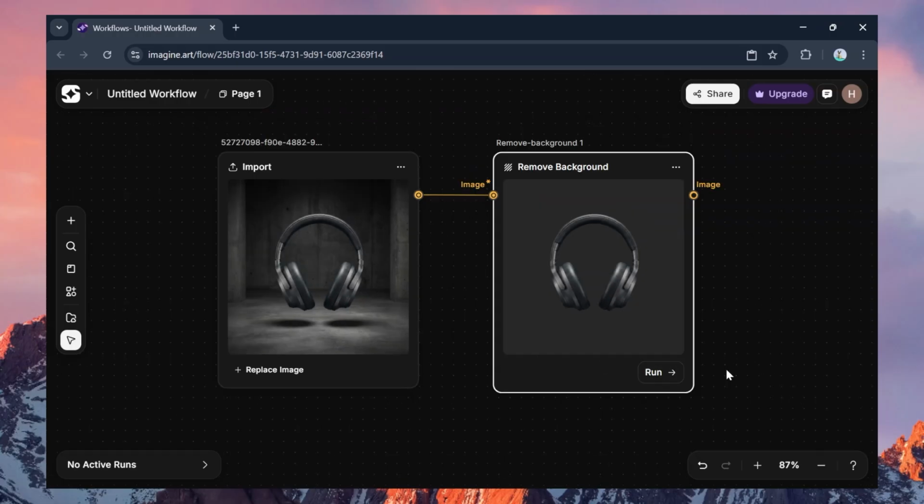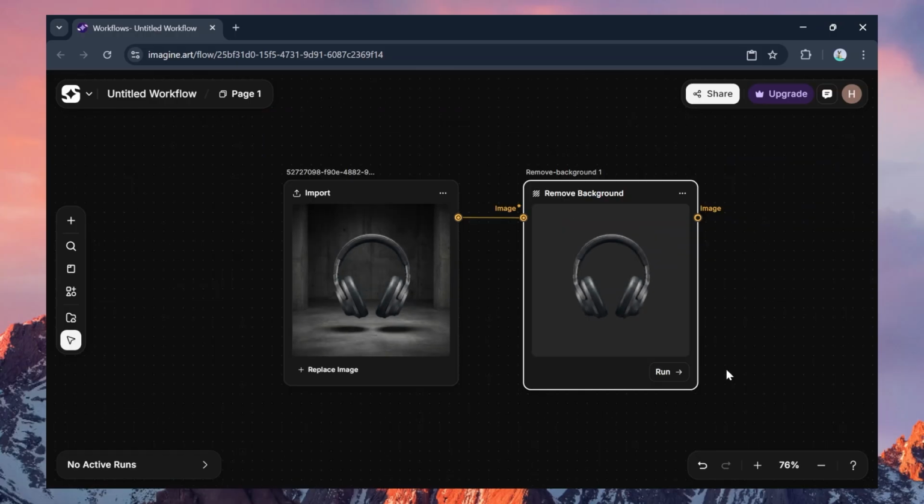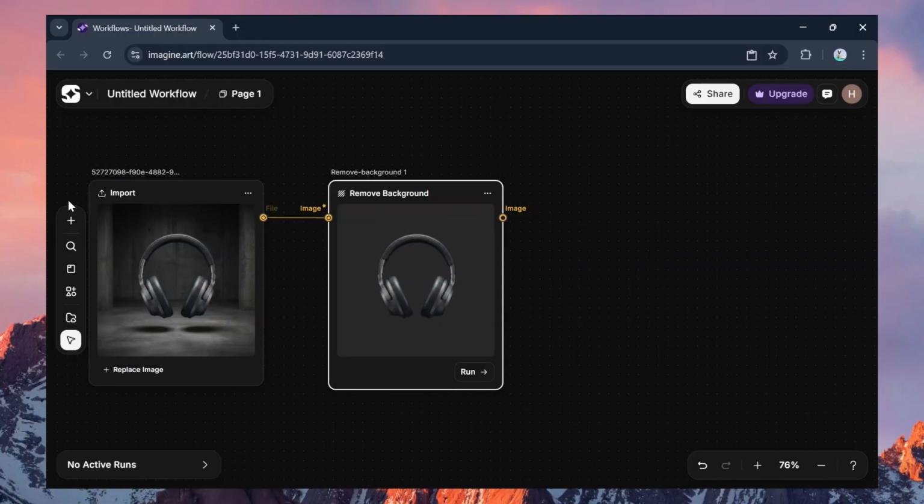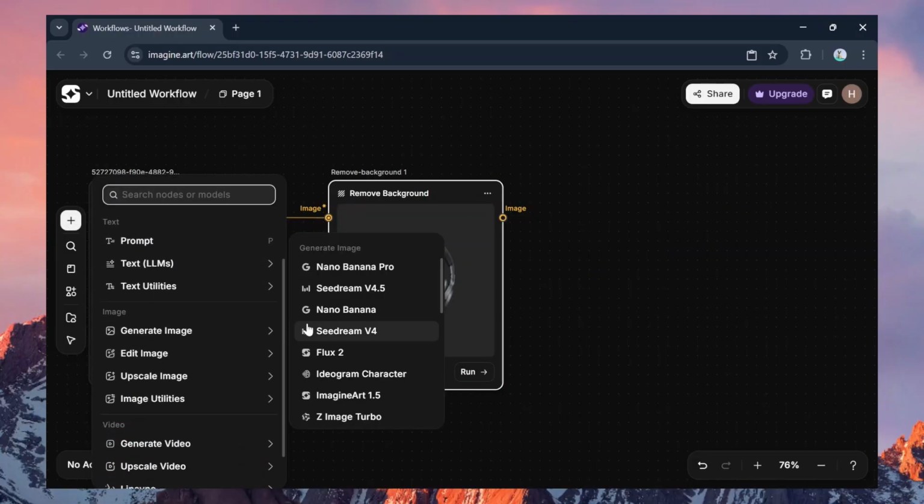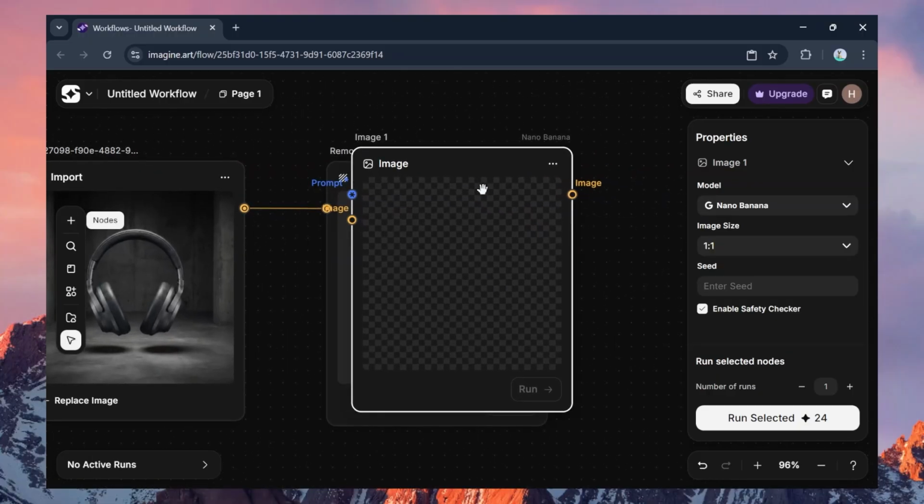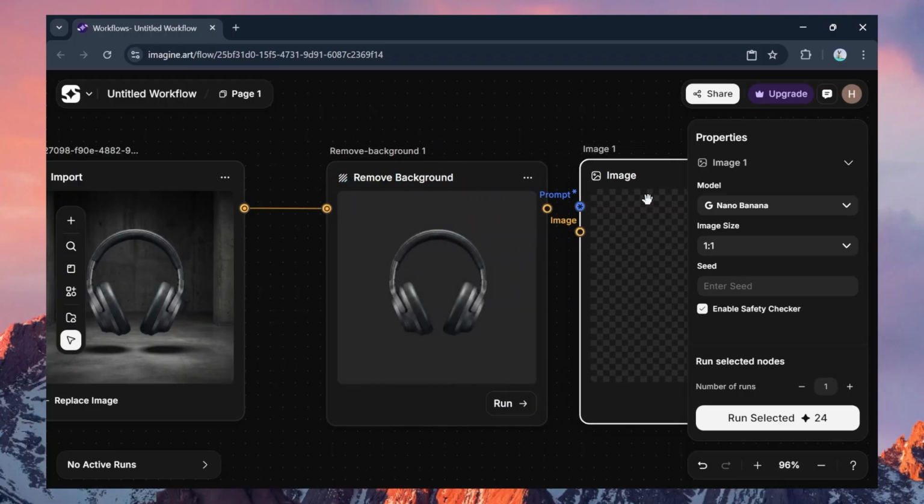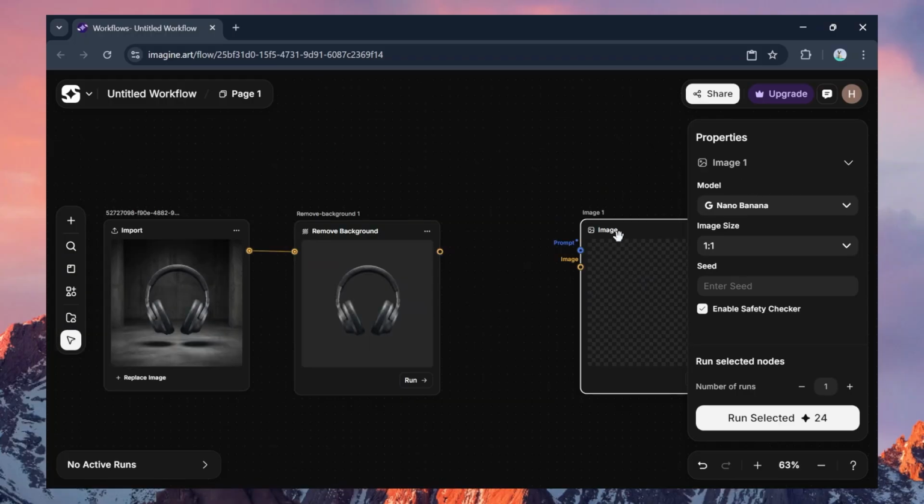Now what you want to do is create product images. So you'll simply create another node, and this time you'll create a generate image node, and here you can select the model that you want to use. Simply click on any model. I'm going to use Nano Banana and adjust this node in your screen,